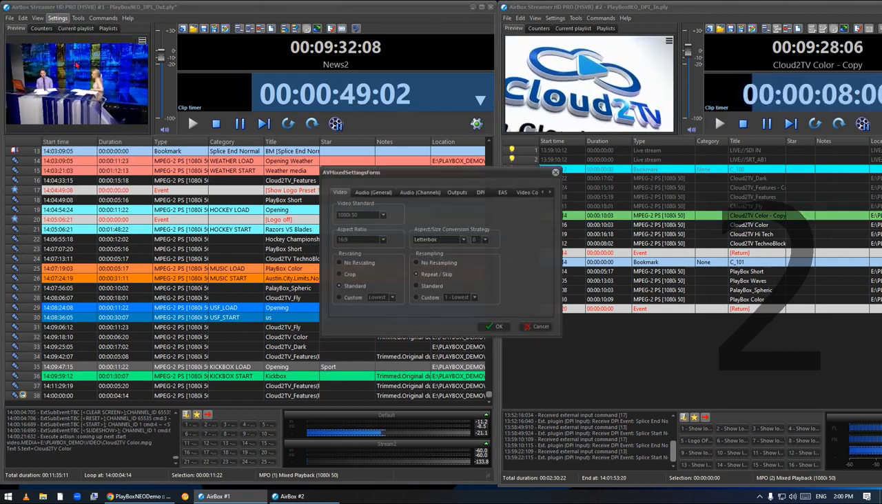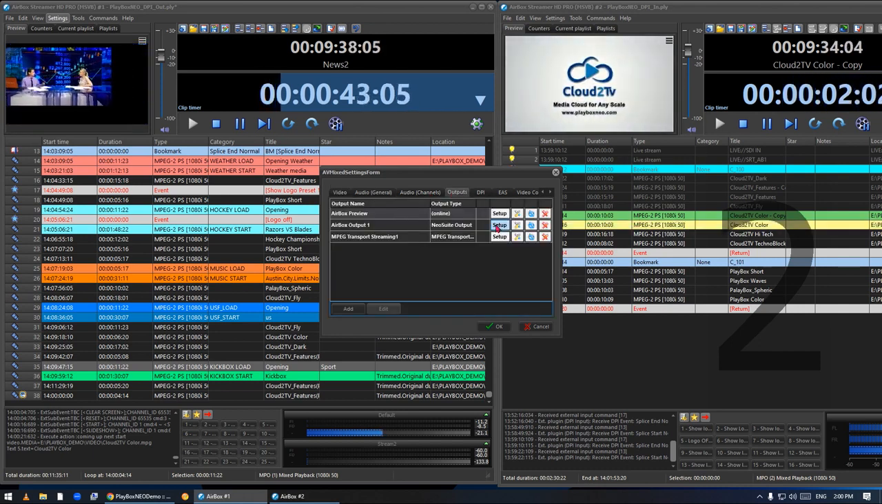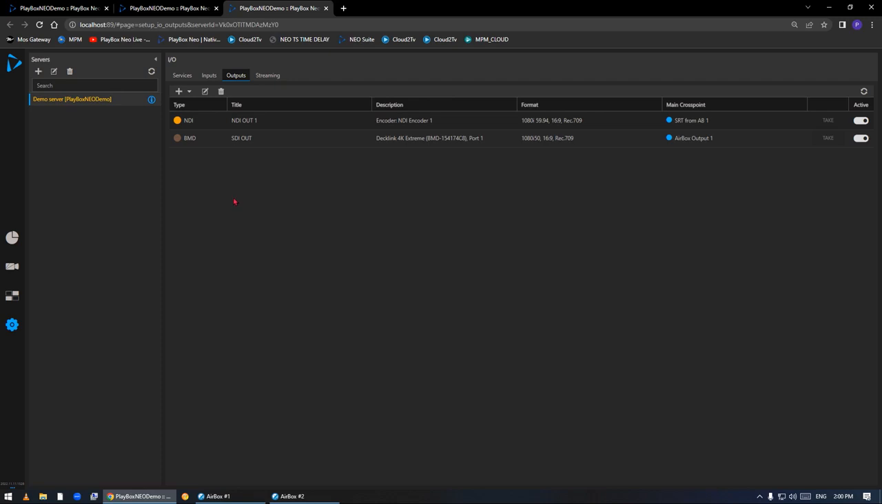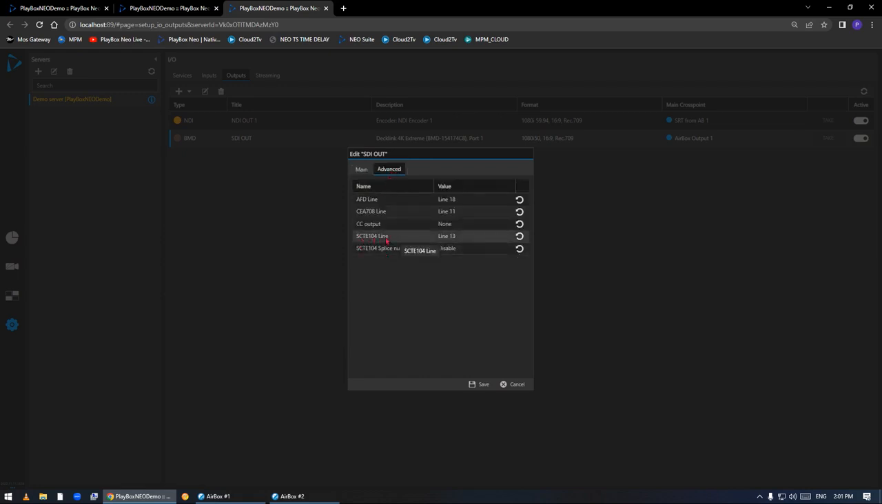In settings, I will show you the output. How do we configure our output plugins? First, let me connect to the output, and as you can see, NeoSuite opened the configuration of the SDI cards, the inputs and outputs. In my case, this is the card outputting from the first instance. And if I go into the settings of this card, you will see that I have SCTE 104 on which line to be pushed. Line 13 is the default,